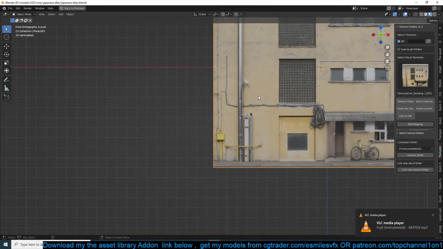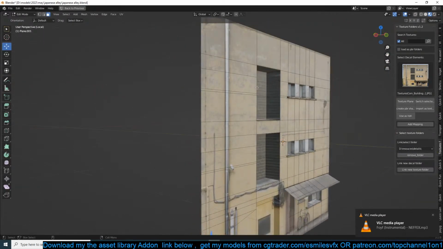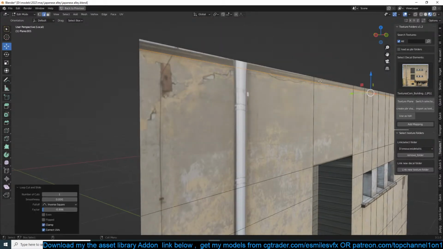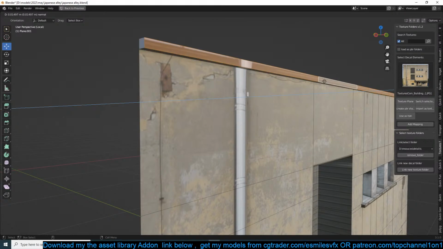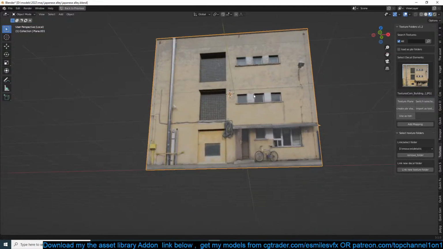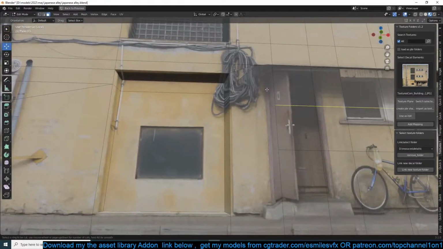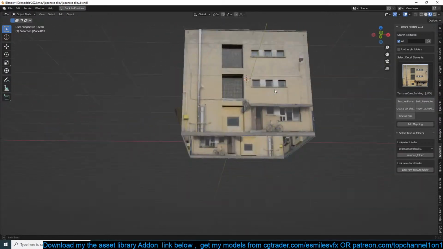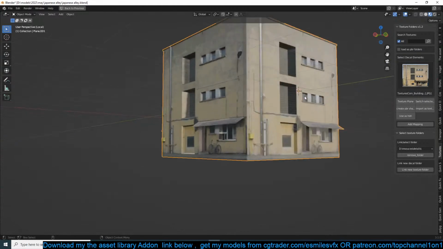So this is one side of the building, and I think I can extrude this face detail as well. For the most part that's done, except for this door here. I might want to add that detail as well, so I'll just make a cut there, make a cut there, make a cut, and just select. And we have a building just like that.